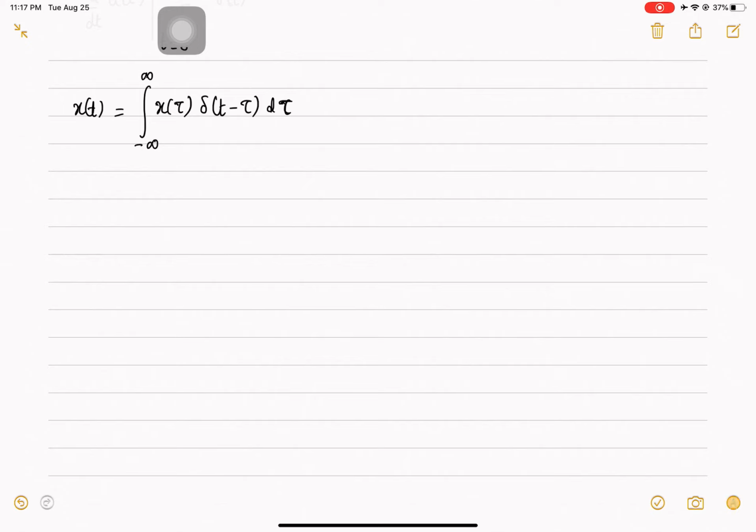Here tau is the running variable, a dummy variable or a running variable. The rigorous treatment is given in the textbook. If you don't understand, you can mail me, and I'll try to explain it. It's very difficult to explain in the 15-minute time limit. What I did here was, x of tau is a number, and delta t minus 2 is a shifted impulse. So I am expressing a general signal, a general function